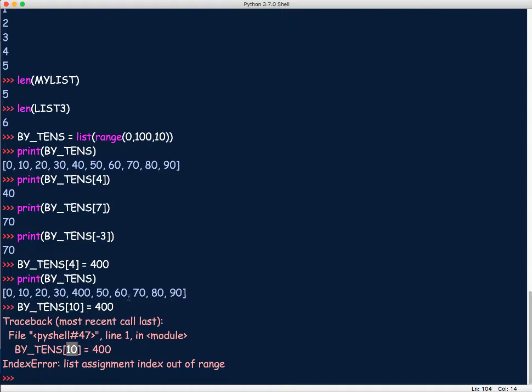Granted, there are 10 numbers in there, but when you go left to right, we know that you start at 0 and work your way to 9. Now, we could also change multiple values at the same time. By tens, we can say that by tens, let's do index value 2, comma, by tens, index value 5, are going to be equal to, let's make them 200